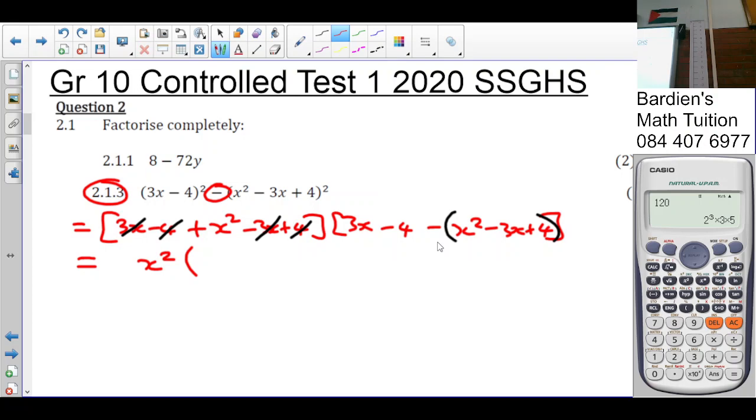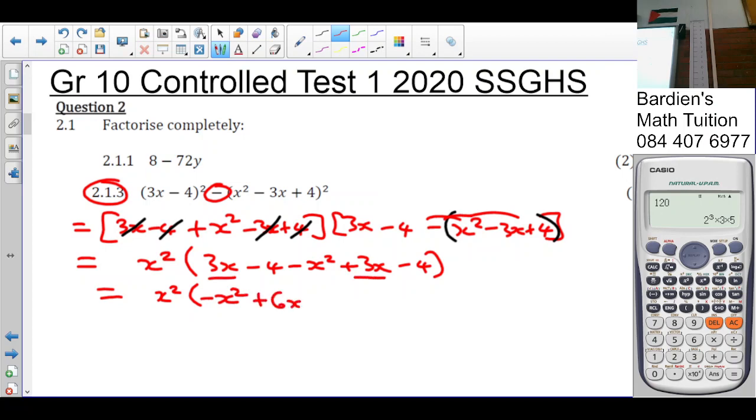And this is into. Get rid of the brackets then. It's going to be 3x minus 4 minus x squared plus 3x minus 4. Okay, so we're going to add like terms. Remember, to factorize, I must have one term as an answer. Write it in descending powers of x, so it's negative x squared plus 6x minus 8. But what do you notice the first term is? Negative. So what must happen? Take the negative out, so common factor. So it's negative, x squared minus 6x